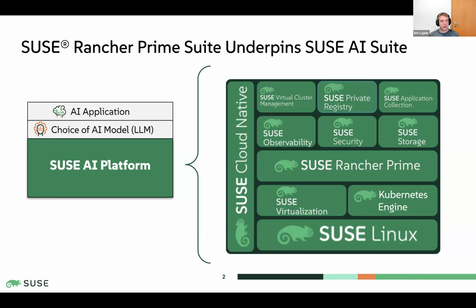Today in SUSE, there's a lot of things that make up an entire infrastructure portfolio. I'm just covering this to give a good baseline for how AI plays here. We have multiple Linux versions, multiple Kubernetes versions, an edge version and a central data center version. We have virtualization via KubeVirt. Again, this is all open source and upstream projects that we provide support for on the enterprise scale. We also have Rancher, which is a tool to manage multiple Kubernetes. So AKS, EKS, OpenShift are Kubernetes flavors and a bunch of others.